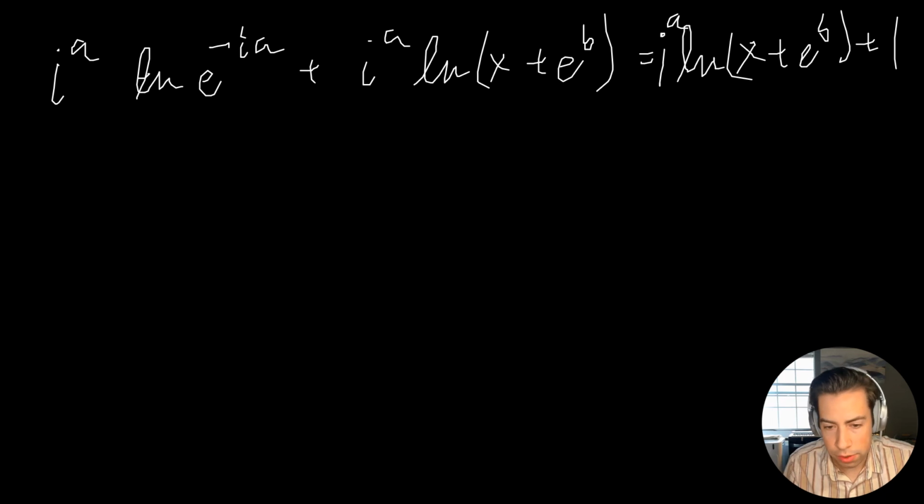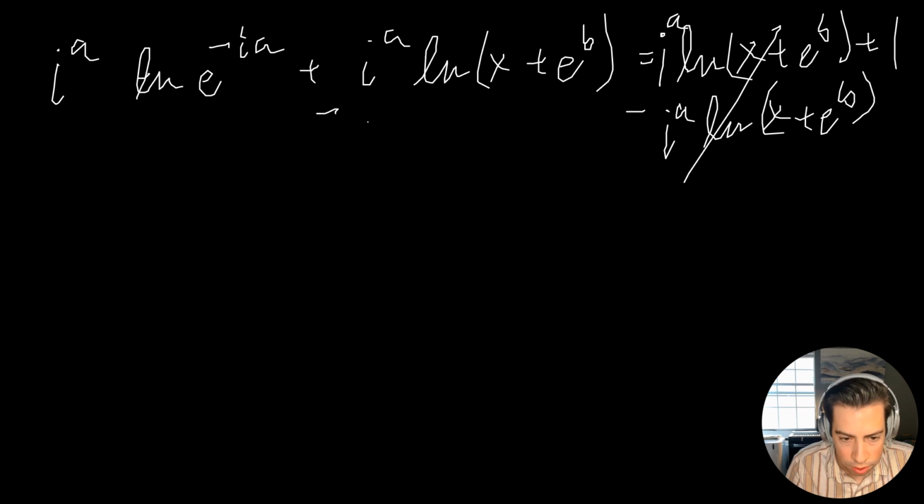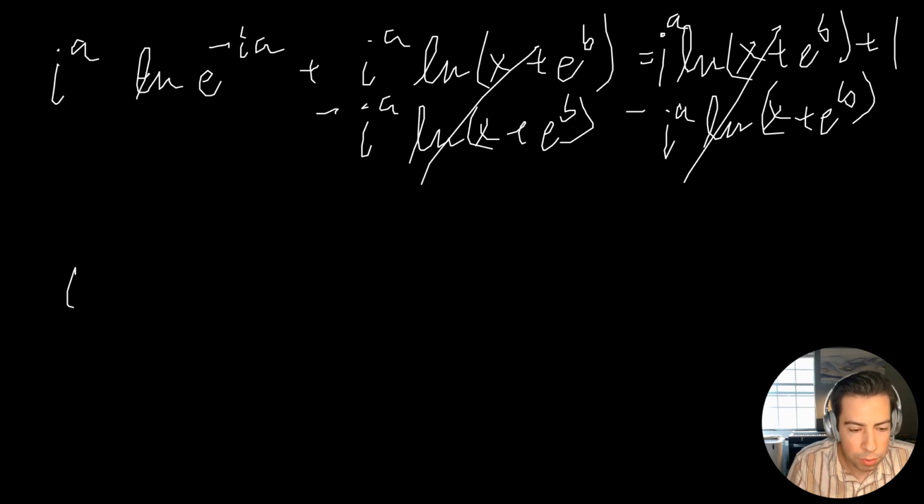So now, guys, what we can do is go ahead and subtract off this entire thing right here. So these are going to cancel, and if I subtract off this whole thing right here, these are also going to cancel. So now I'm left with i to the a times the natural log of e to the negative ia